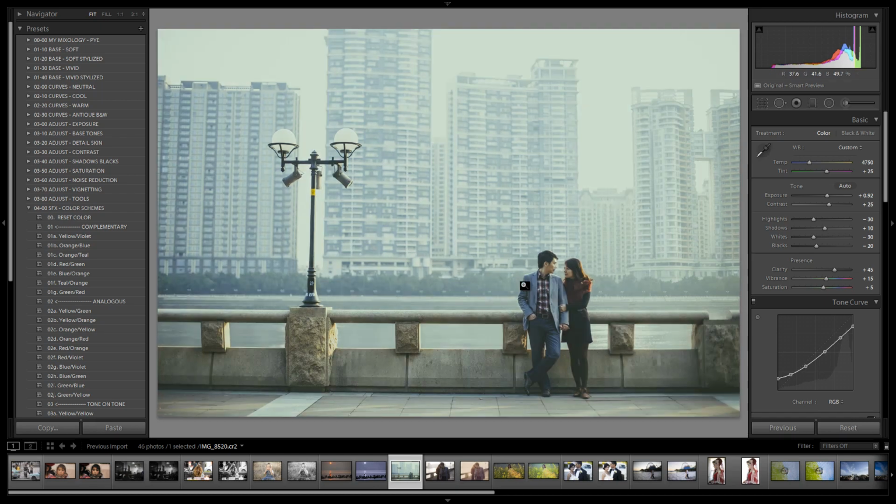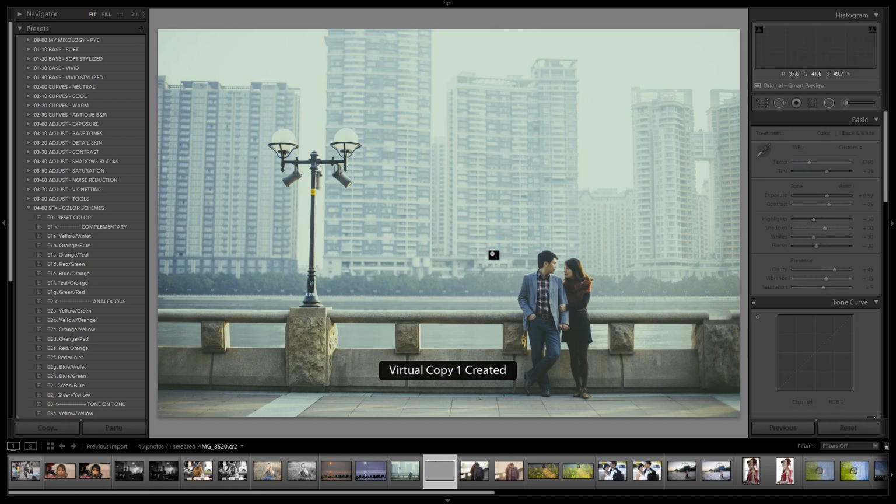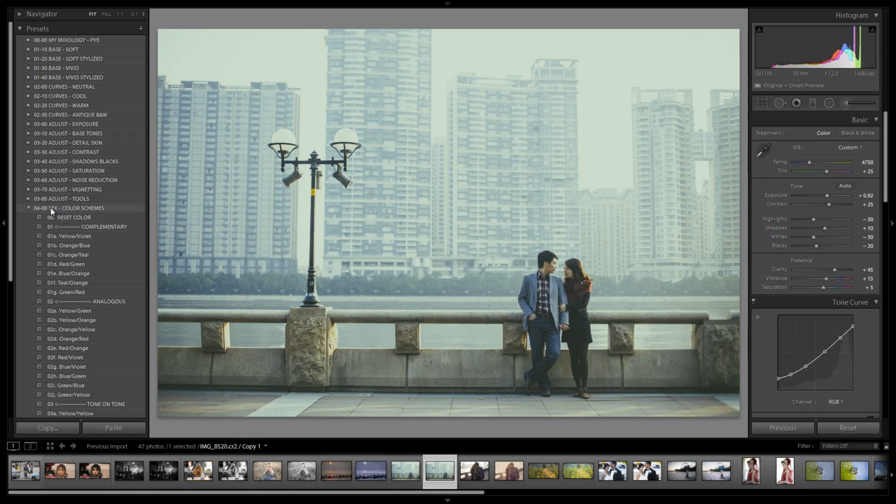I want to show you now how easy it is to modify our color scheme. So from here, we're going to hit Control apostrophe or Command apostrophe on a Mac to create a virtual copy. And what we're going to do is just adjust the curve and the special effects. So let's say now we want to go with a more warm tone for this image. Well, the first thing I'm going to do is actually double click, or we can just go as shot for our temperature. That way we get back to normal temperature so we can see exactly what the adjustments are